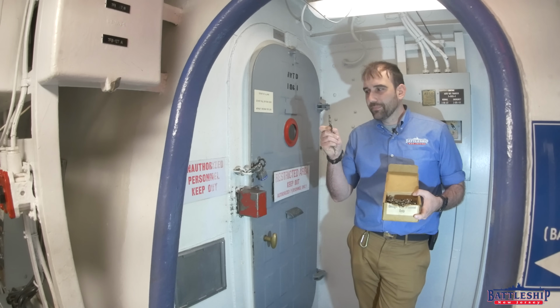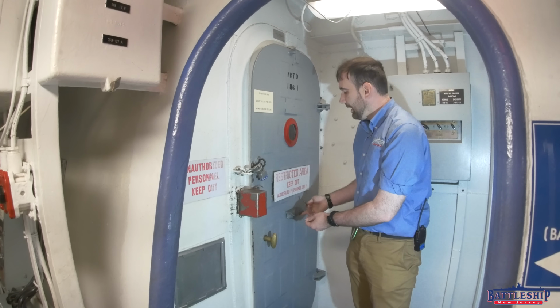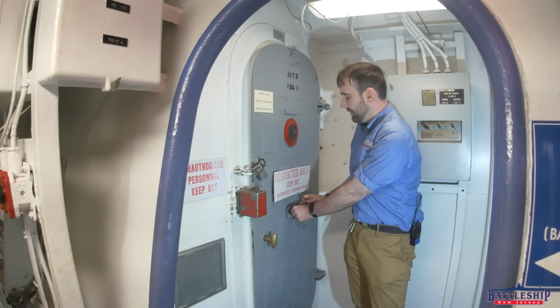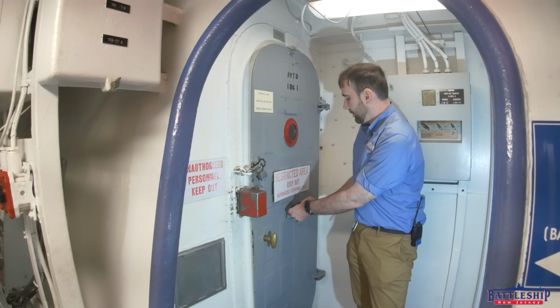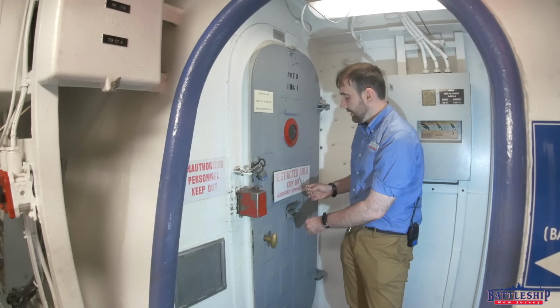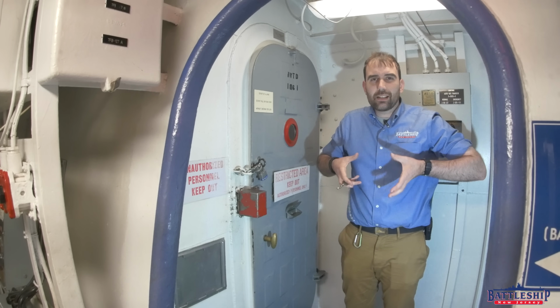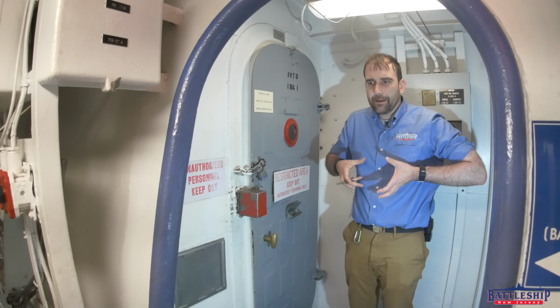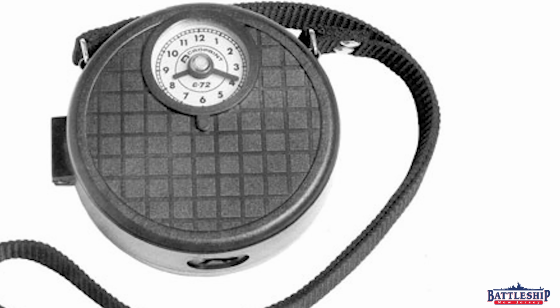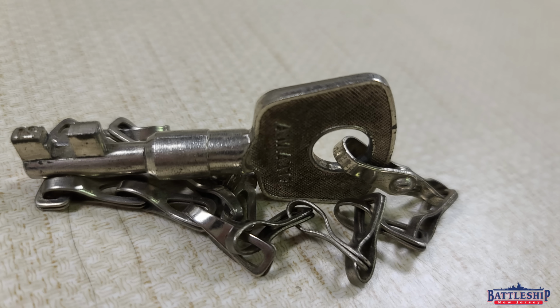But back in the day, you'd have these keys in each of these boxes, and actually there's still part of the chain left inside this box. So they would have been linked together, the key would have lived in here, and when the watchstander comes, he just pulls the key out. You'd be wearing what is essentially a clock, like Flavor Flav, around your neck, and you put the key into the clock, and you turn it, and the tooth here is actually engraved with a